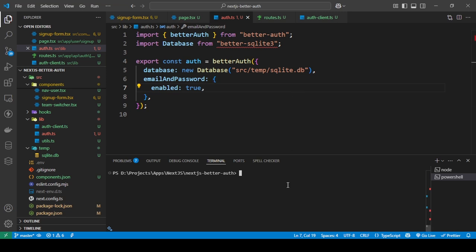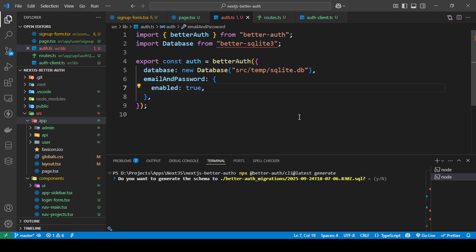So first you need to generate a migration file for your SQLite, and it's the same process for MySQL and Postgres. To do this, just type in the command npx add better-auth/cli@latest. Then you need to type in generate, and then press enter and make sure this is correct. I'll explain this later. It's asking you if you want to generate the schema for this. Press Y,